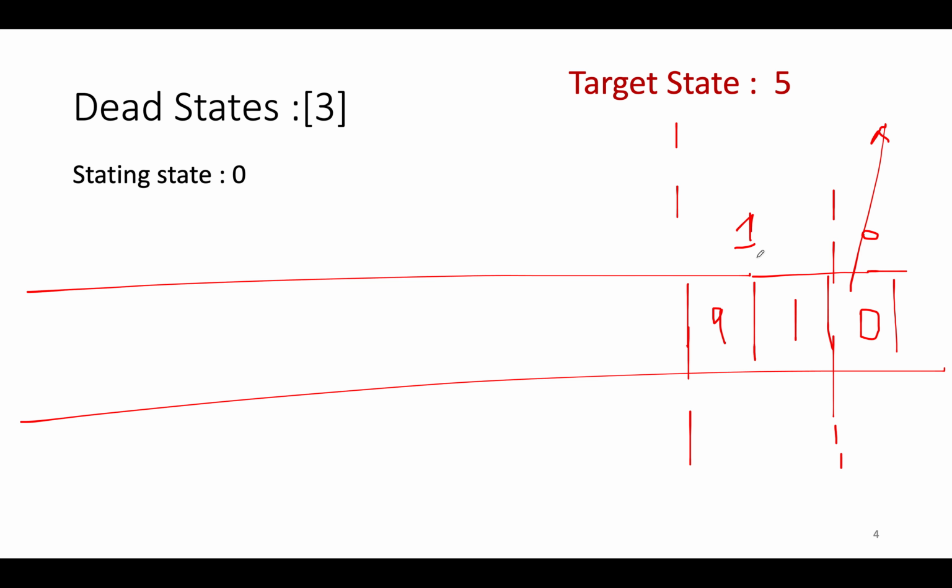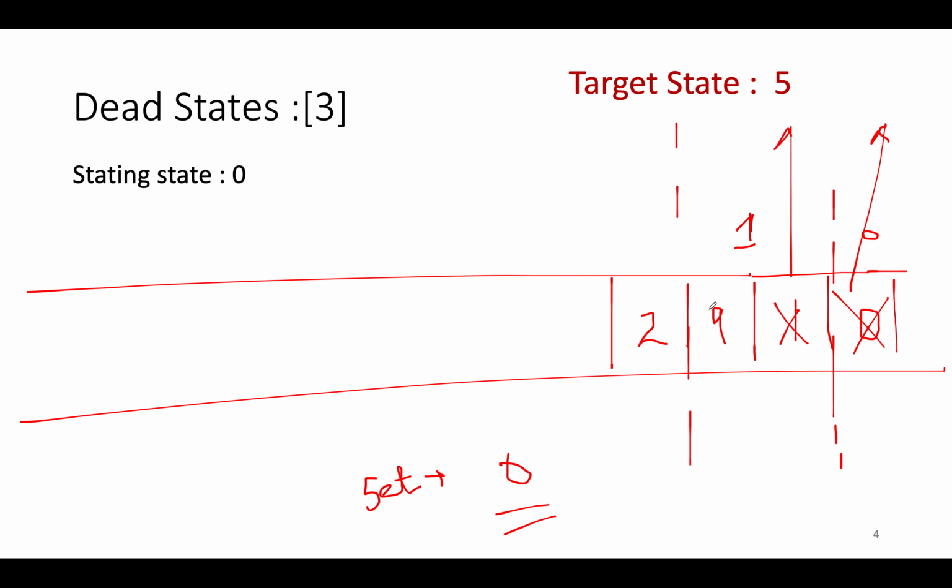Also, you'll create a set of visited values, so that you don't go into a loop, pulling out the same elements and dumping them back into the queue, and 0 gets added into the visited set. Let's continue the process. We have 1, we'll pull out 1 from the queue and generate the other two states, 2 and 0. 0 is already part of the visited set, so we'll ignore it. We'll add 2 to the queue.